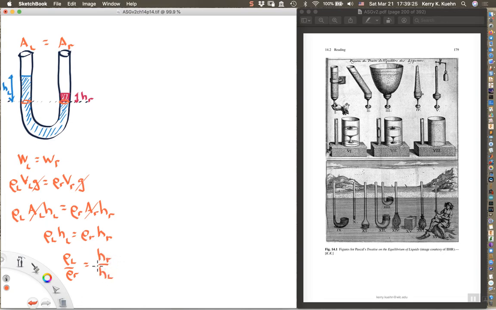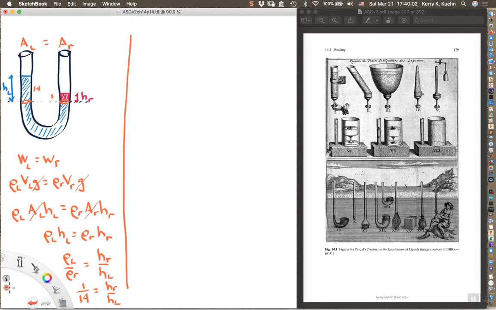So for example, if the fluid on the left is water and the fluid on the right is mercury, then the ratio will be 1 to 14 because mercury has a specific gravity of 14. Or we can see right away that on the right, this column will be 1/14 as high as this column. So if this, for example, was 1 inch, this right here would be 14 inches. If this was 2 inches, this would be 28 inches, and so on. Now,